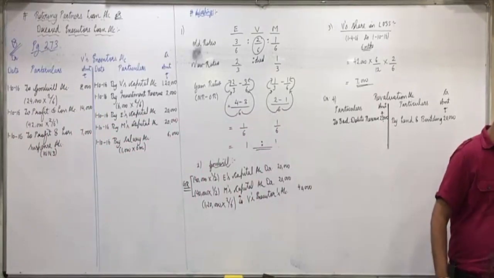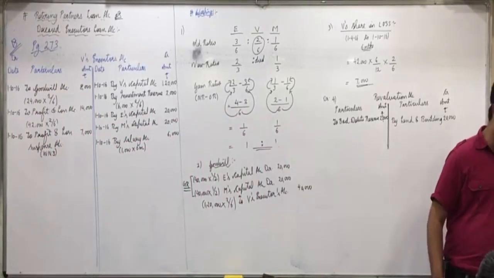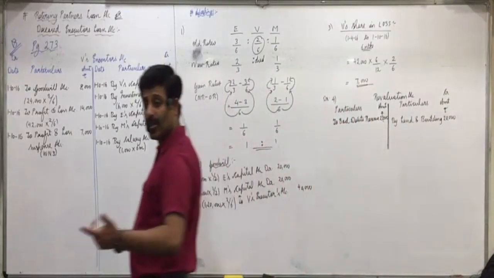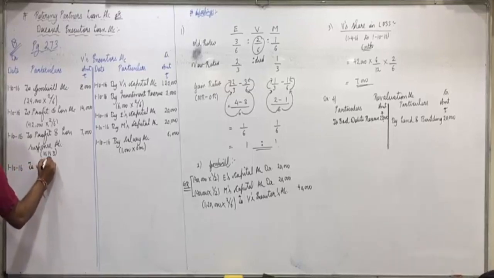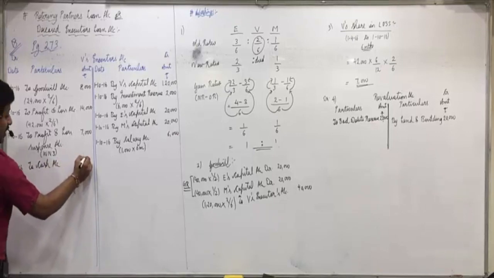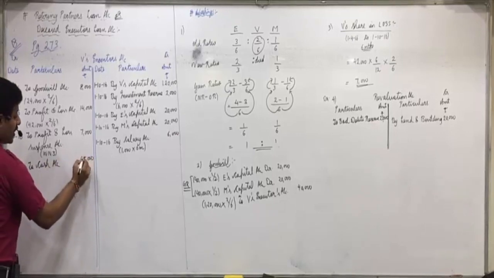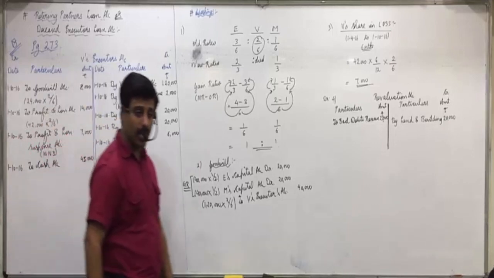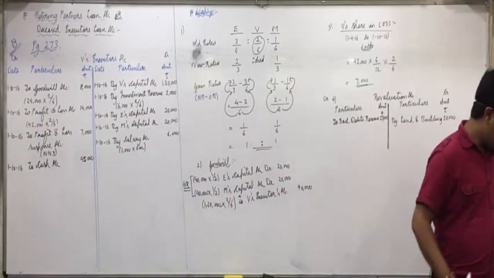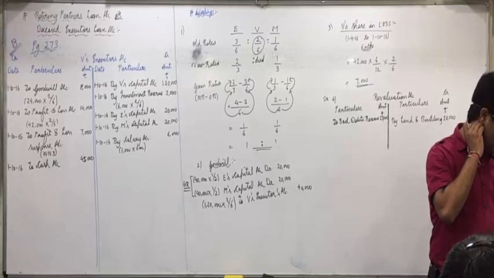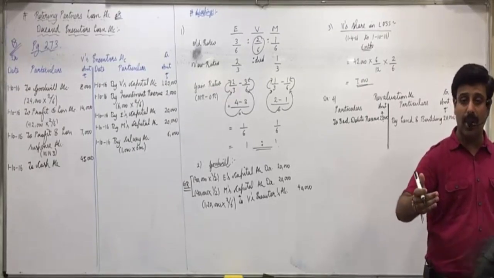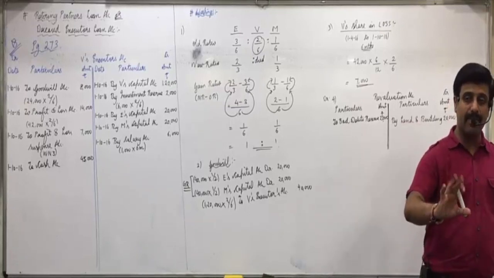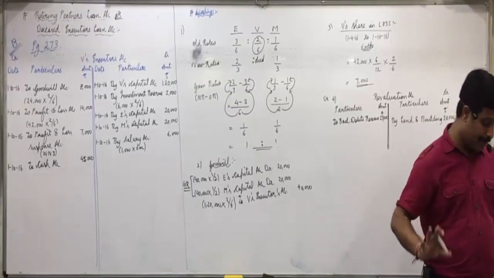Next, 45,000 to be paid to V's executor immediately. So V's executor to cash. Debit side, to cash account, 45,000. 45,000 we have to pay immediately. Okay. And the balance amount in 2 equal yearly installments with interest at 10% per annum. That we will have to record in loan account. Balance, initially we just have to transfer it to loan account.